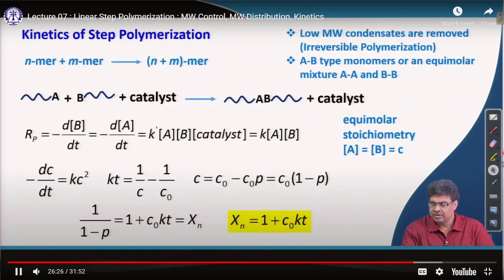So here the kinetics is explained. These are two oligomers, you can say. When they react in the presence of a catalyst, they make a bigger chain, and the catalyst is again separated out. Here we assume it is an irreversible reaction, which means you remove some byproduct from the reaction so that it cannot move backward. That's why it is called irreversible polymerization. We take AB type monomers at equimolar concentration, equal concentration of A and B. Then obviously